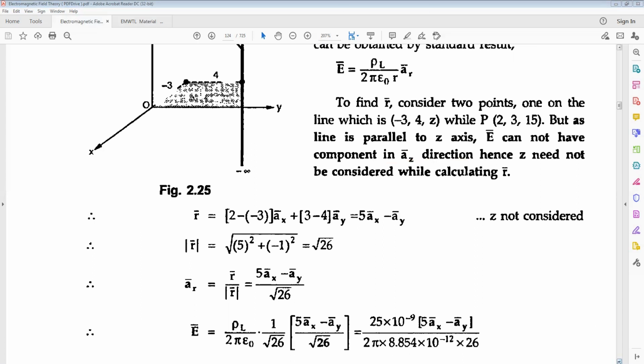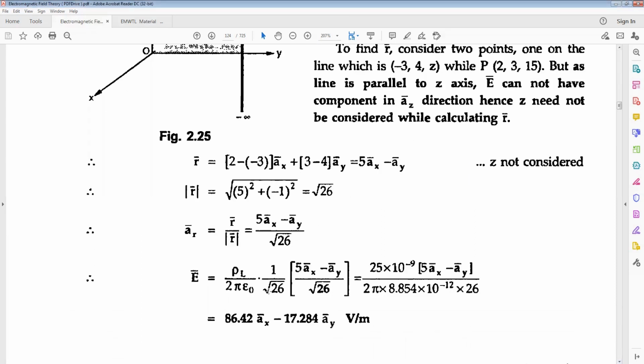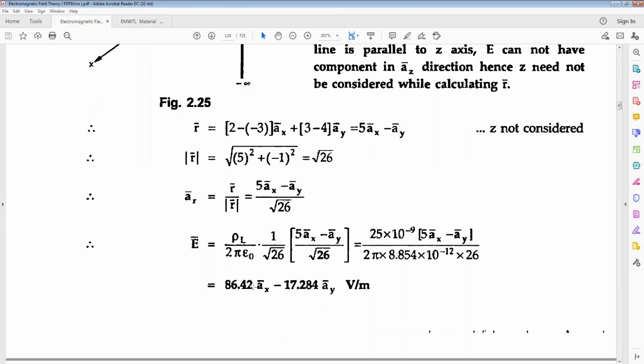E bar is equal to rho L by 2 pi epsilon naught R, where R is root of 26, and AR bar is 5 AX bar minus AY bar over root 26. Simplifying this, we get the AX bar coefficient 86.42 and the AY bar coefficient minus 17.284 AY bar volts per meter. The electric field intensity is measured in volts per meter. Got it, my students? The next one,